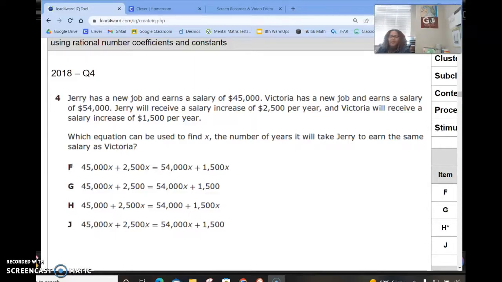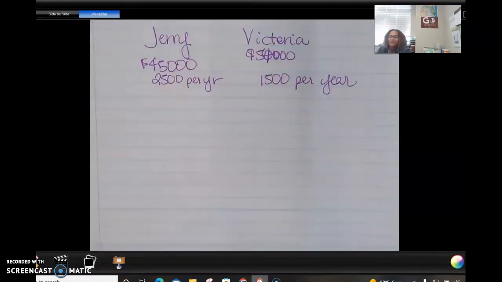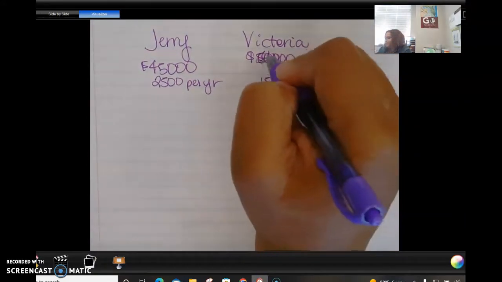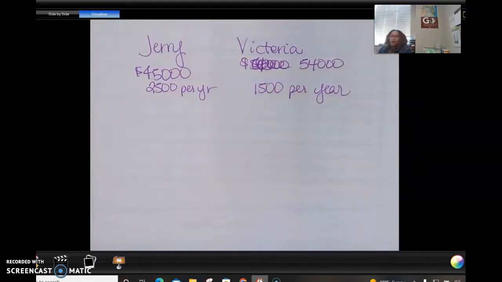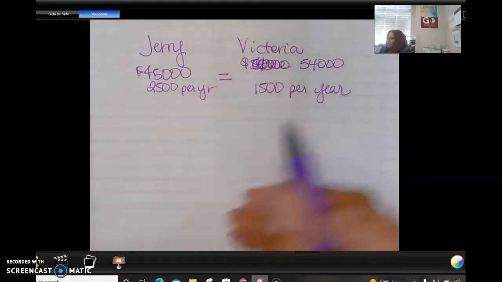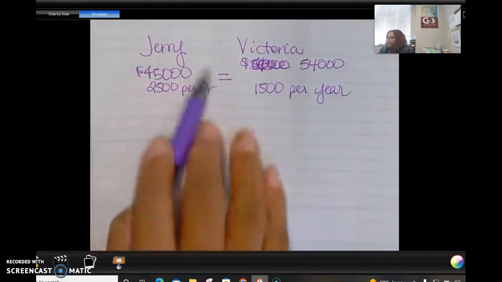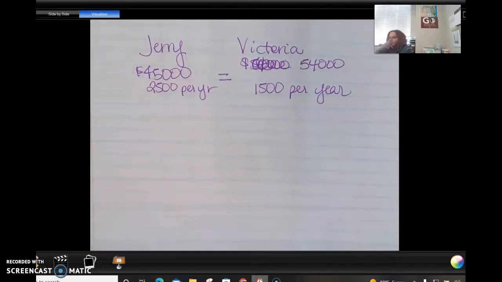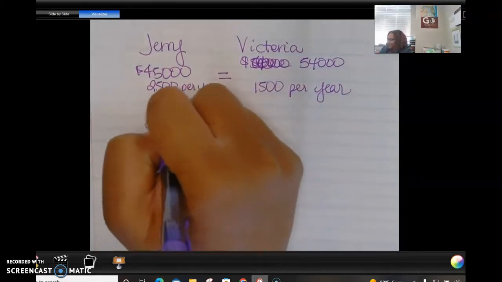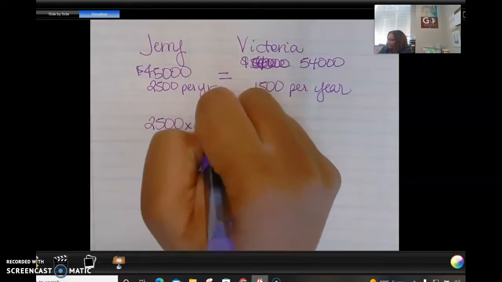Which equation can be used to find x, the number of years it'll take Jerry and Victoria to earn the same salary? So if they're the same, this says 54,000, by the way. I want them to be equal. So I need to write an equation over here. Where's my variable going to go? Is it going to go with the 45,000 or the 2,500? Where's the per? With the 2,500. So 2,500x plus 45,000